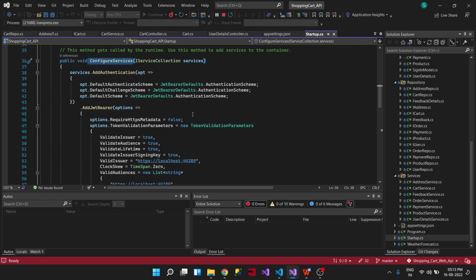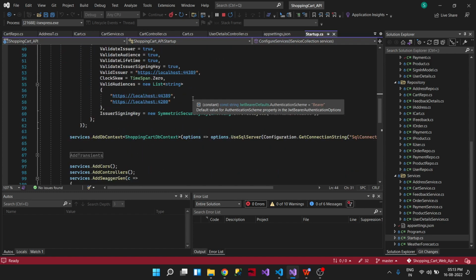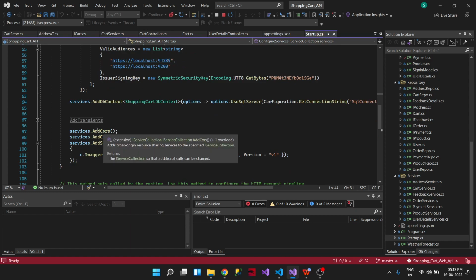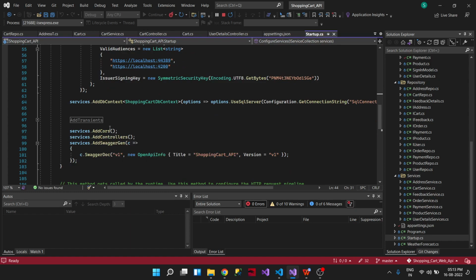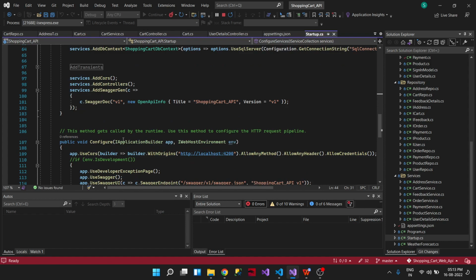I've also used JWT, or JSON web token, in my project. So these are the services that I've used: add JWT bearer, add DbContext to connect the database, add CORS, cross origin resource sharing, which is the security policy by .NET to protect from external domains, and add Swagger, which is the API. Then we've got the Configure,